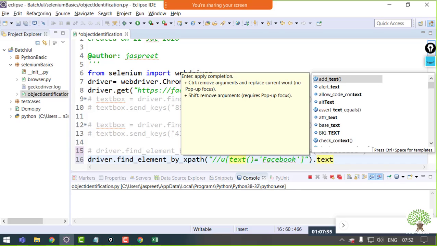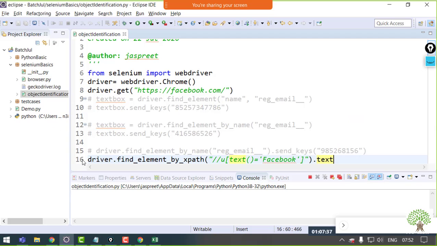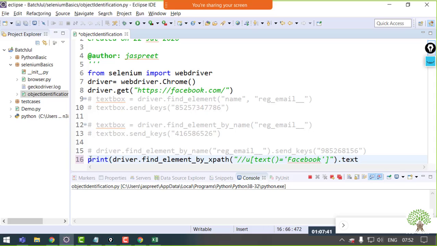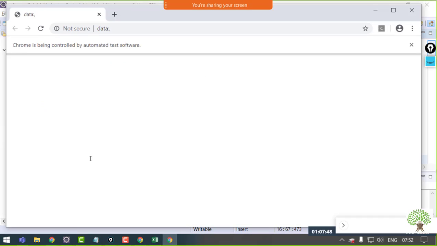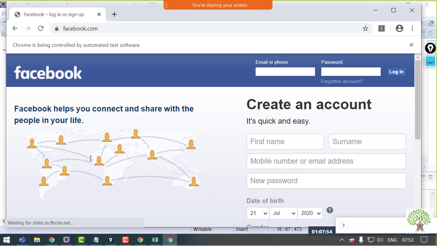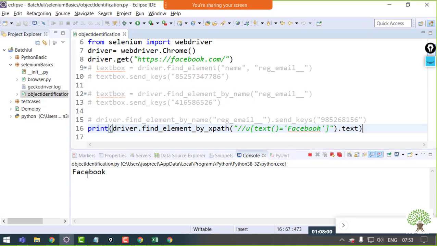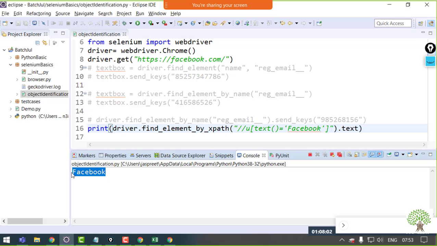That's all you need to do, and you just need to print this. You can have it like this, or you can have it in a variable. If I run this, the page is loaded. If I go back to my Eclipse, you can see that my Facebook text is coming over here.